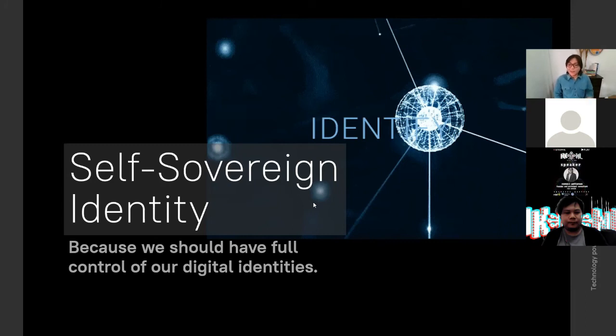Using the same examples I mentioned earlier, examples of identity verifiers would be, say, immigration in airports for your passport, and traffic enforcers or the MMDA for driver's licenses. So every time you are issued an identity credential, like a driver's license, this will be pegged on the blockchain with the identity issuer signature and assigned to your account.